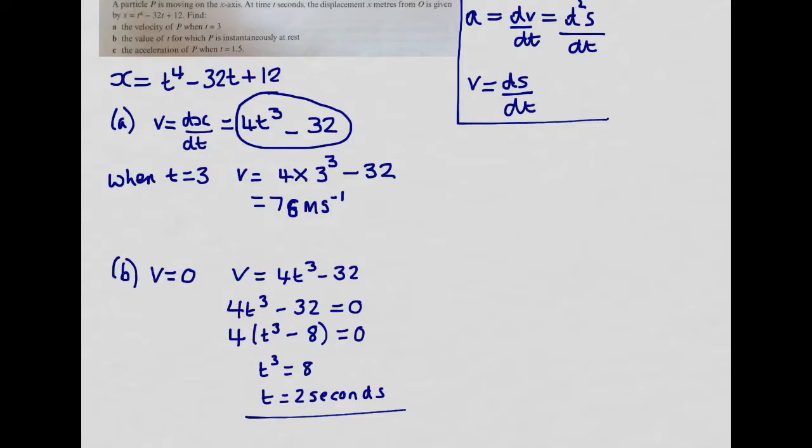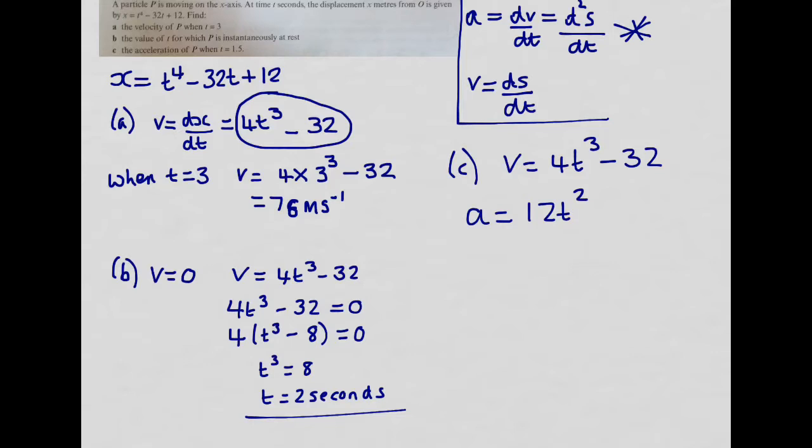However, if we look back up to here, we know that if we have used a displacement function and differentiated it once to get velocity, the second differential will give me the acceleration. So for part C, if v is equal to this, then acceleration will be the second differential, which will be